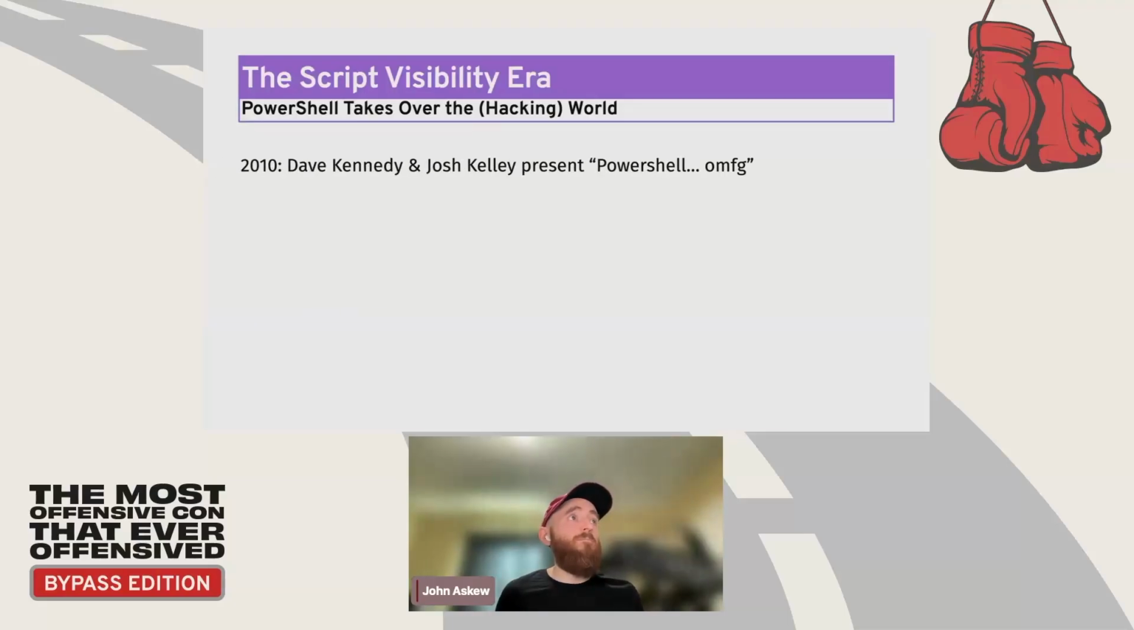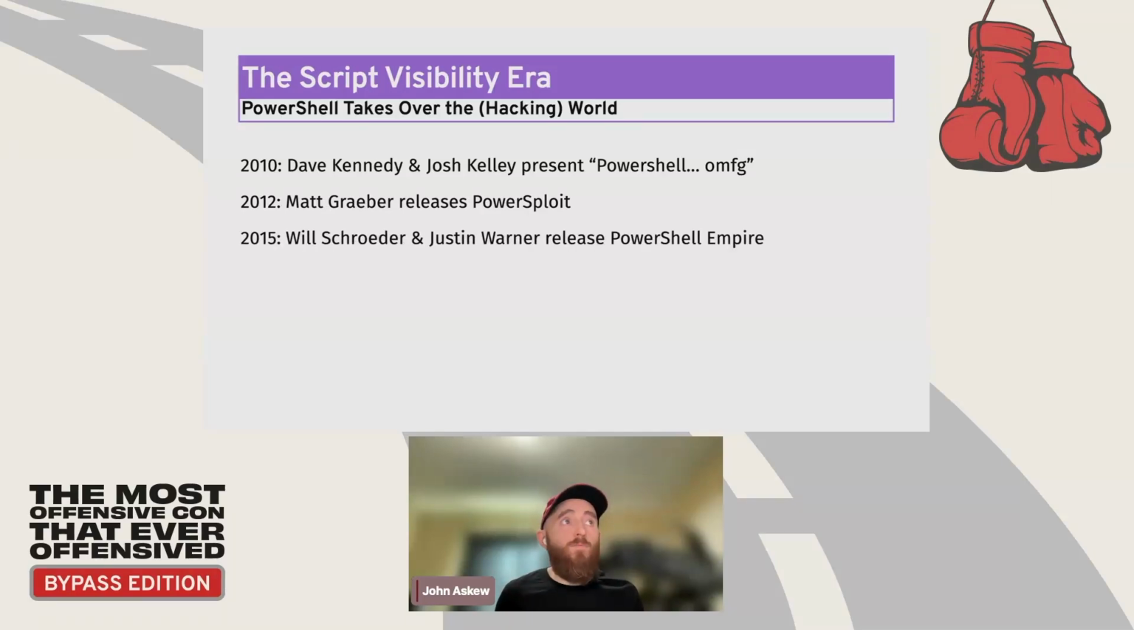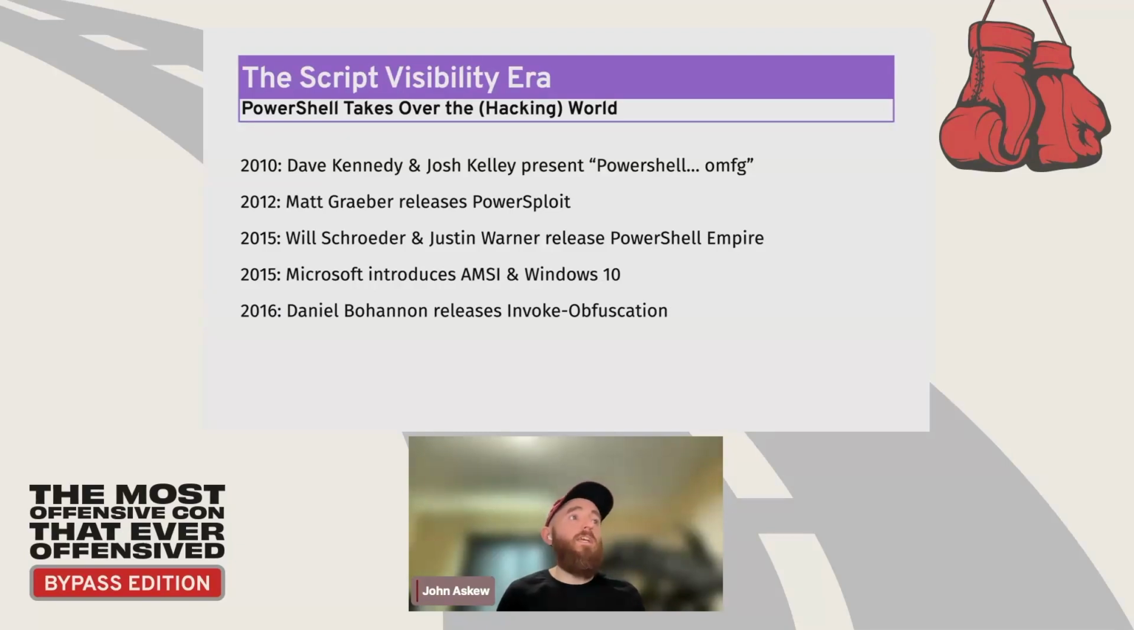So this kind of blows up from Dave and Josh's presentation, leading to a lot of offensive PowerShell code released over the next decade. Until 2015, Microsoft introduces AMSI, which is, like I said, the Antimalware Scan Interface that's trying to detect bad stuff in PowerShell. And of course, almost immediately, we start seeing blog posts and talks about bypassing this because, again, a security product trying to detect bad stuff that's happening in something like PowerShell is really difficult